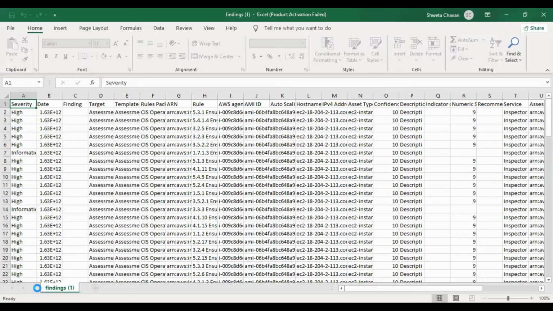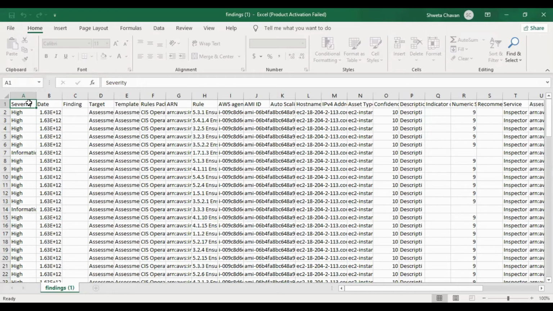When was it last updated? CIS weight, is it scored or not scored? The service is obviously Inspector, and the description about it. If they have any description, this is how you will get the report. As we have downloaded the sheet, we can see the findings when we open it.